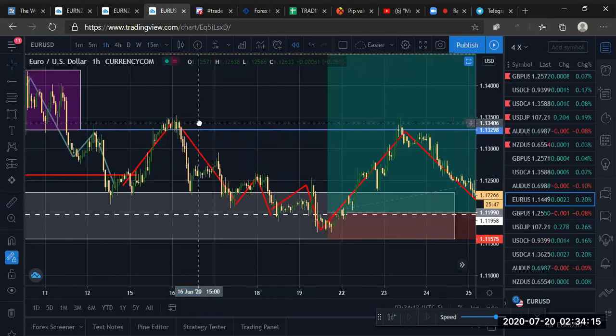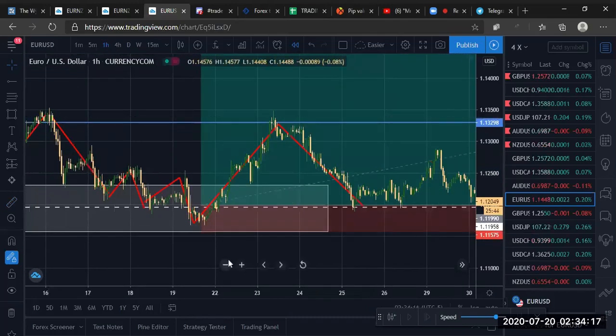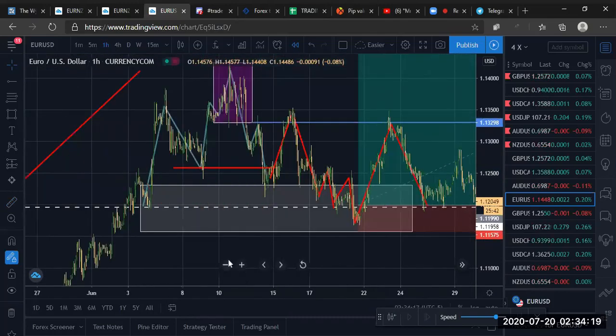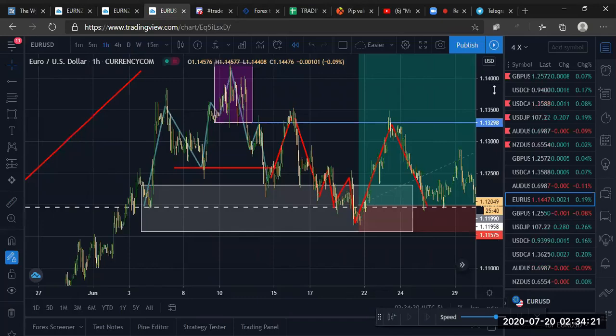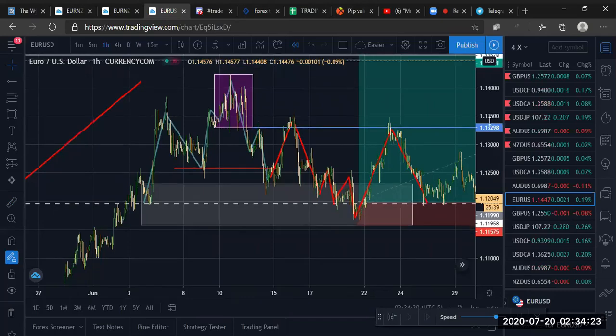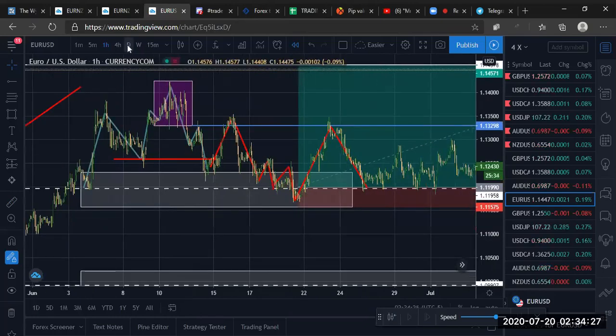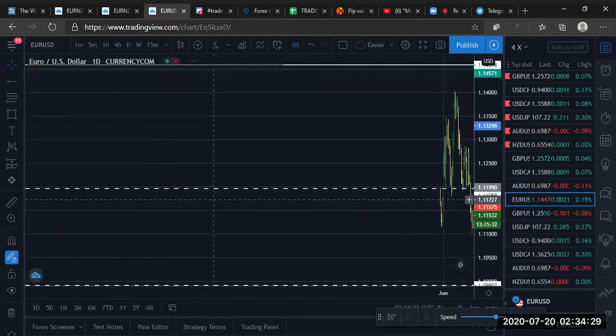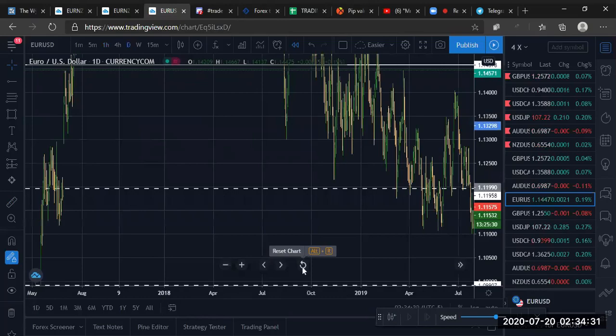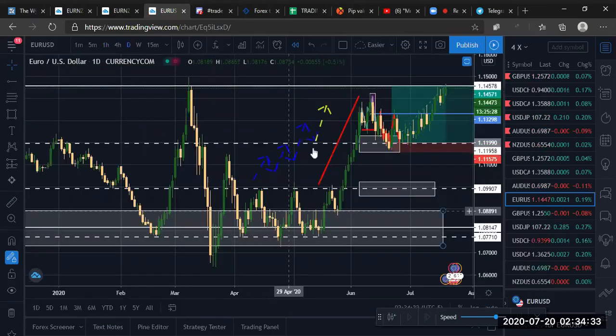So it's not always gonna be perfect, but just by going off of structure, that is really clean. I didn't even know Euro USD was really moving like that. And all pairs really, they are moving these significant structures. If you want to go back in time,